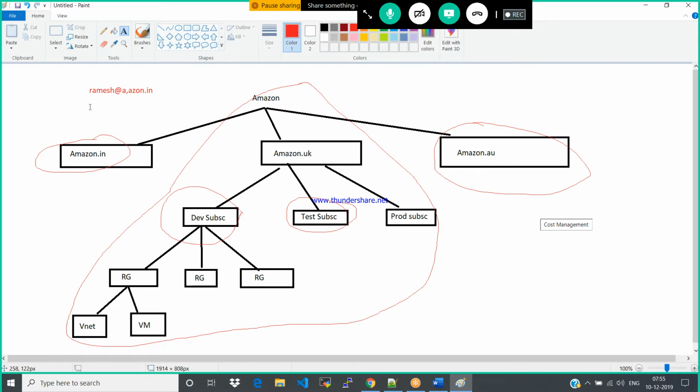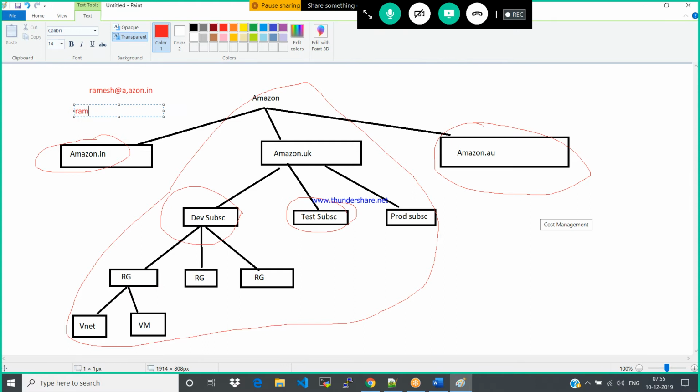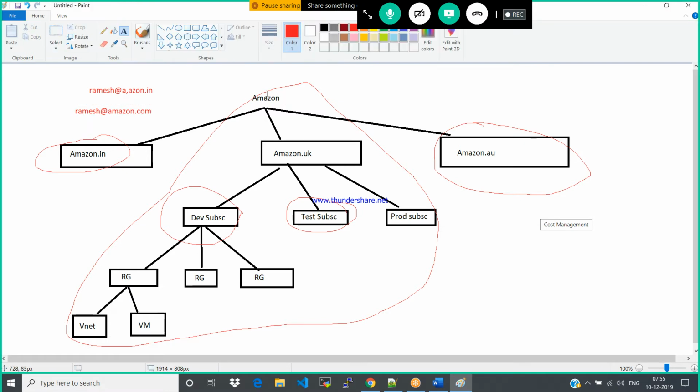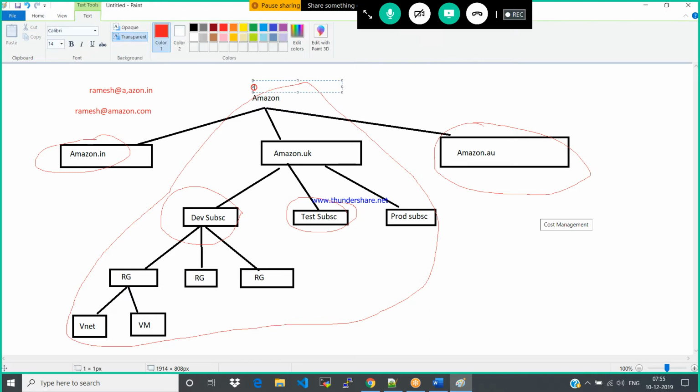Based on the access, you could get access to all the subdomains. Why? Because .com is the parent domain. That is the tenant. That we do call it as an owner.